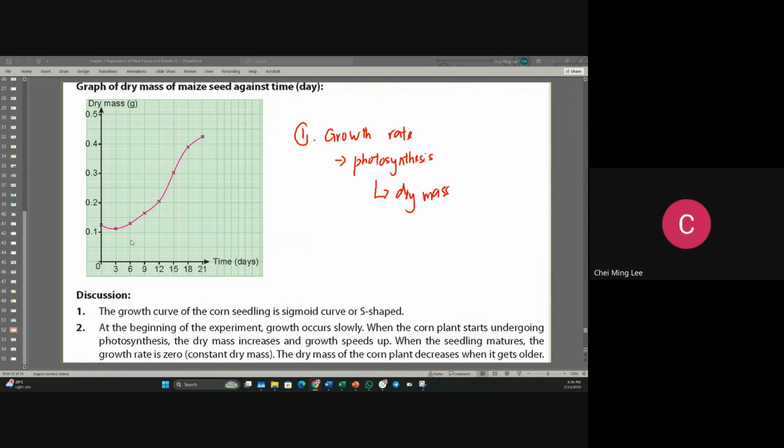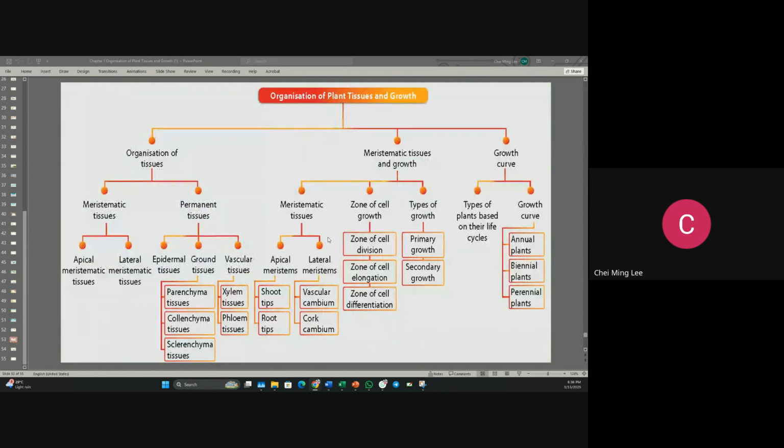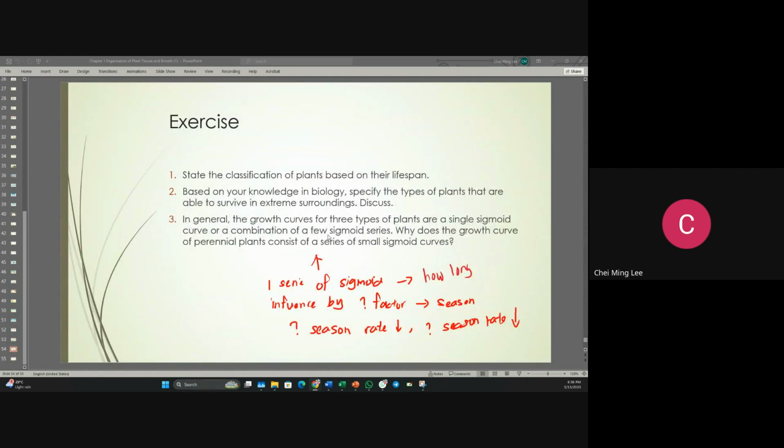At the beginning of the experiment, growth occurs slowly. When the corn plant starts undergoing photosynthesis, the dry mass increases and growth speeds up. When the seedling matures, the growth rate is 0, which is a constant dry mass. The dry mass of the corn plant will decrease when it gets older. So this is how it works. All right, let's continue. With this, we end